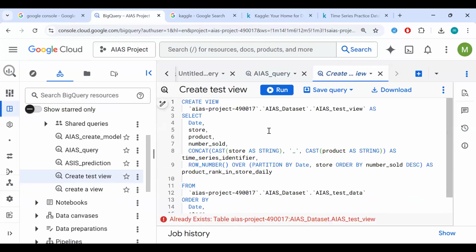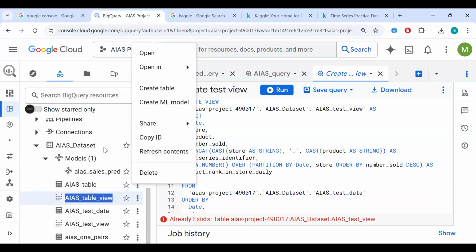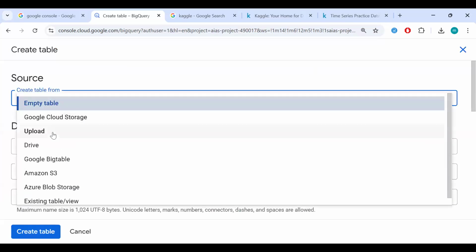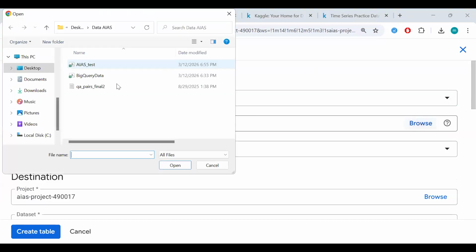Basically, initially we talked about creating a view for the main table, and that's when we did this table right here. We created this table view. Now we want to import our test data. So naturally we should create a table, select upload, and select our files.